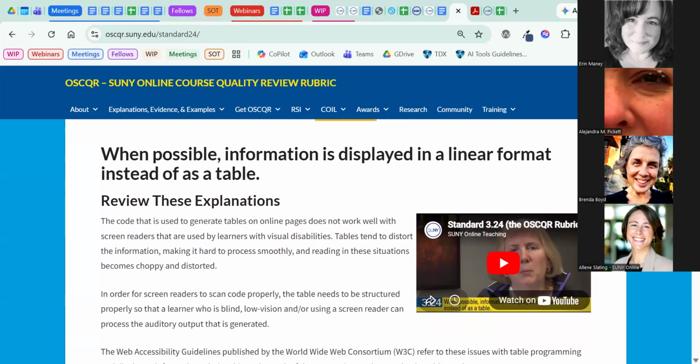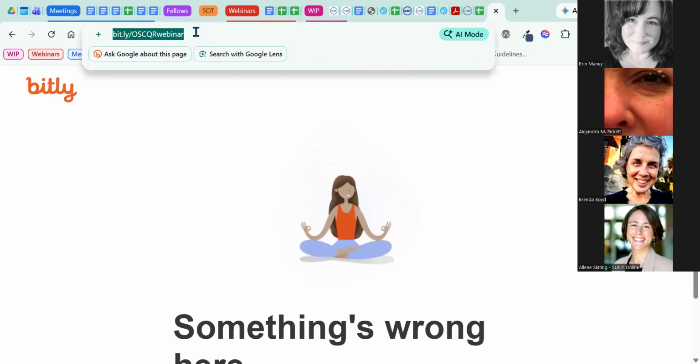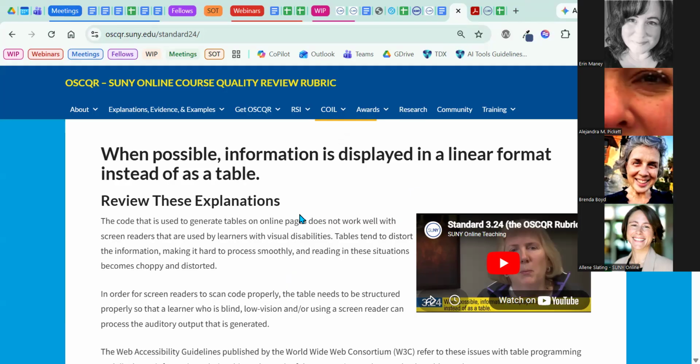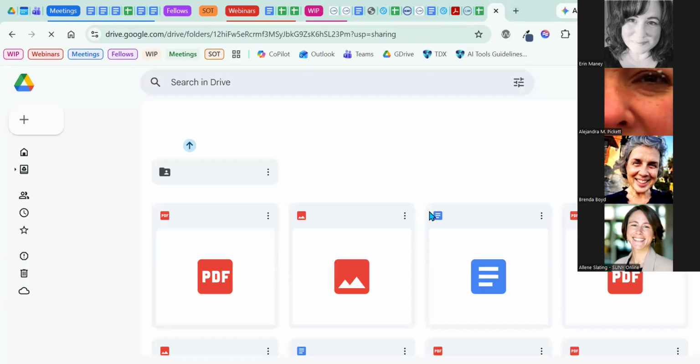So one of the things that you can look for in a course is how they use tables, and are they designing those tables in a way that, if they have to use a table, is going to be friendly if a screen reader comes across it. One of the things you need to do with tables is to make sure that the cells are designed with the intended headers, that they're coded appropriately to ensure that the screen reader is going to be able to read them appropriately.